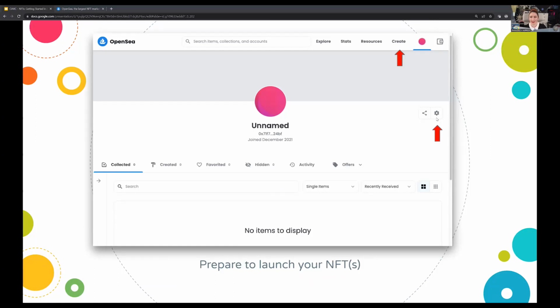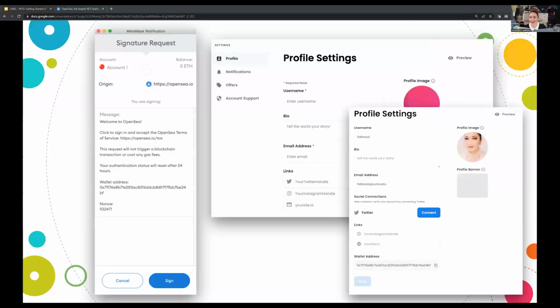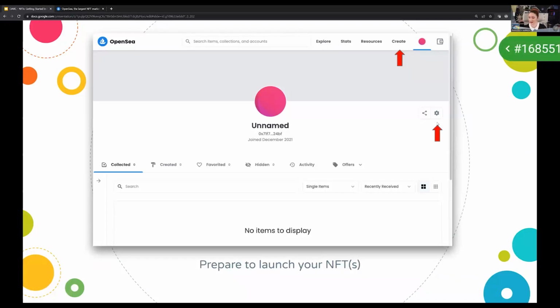Do people need a minute to do that? Sounds like people are able to follow along. Go ahead, Charlotte, take your time. That should be on the home page when you first log in, just to the right of your unnamed profile here.